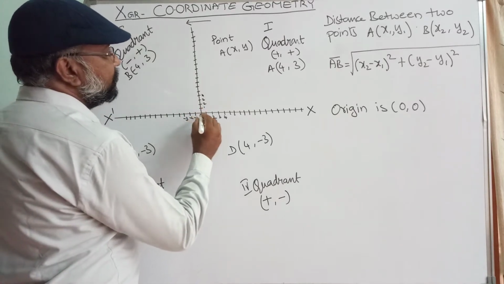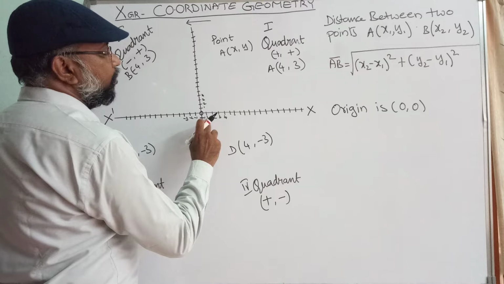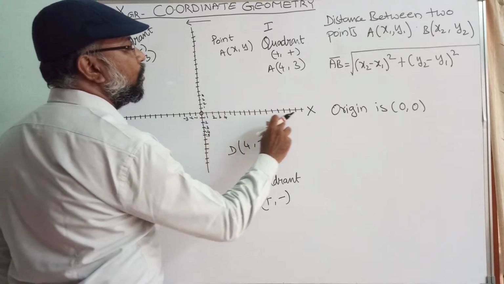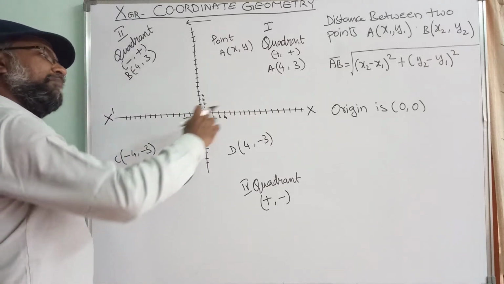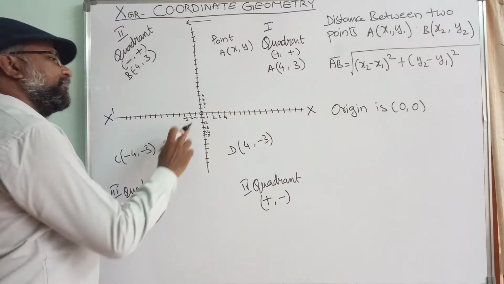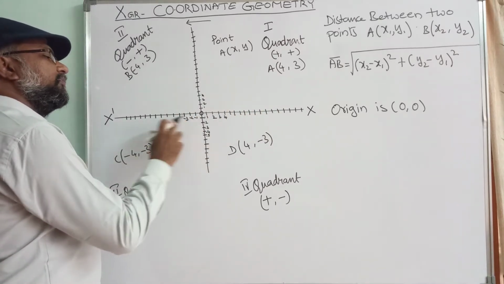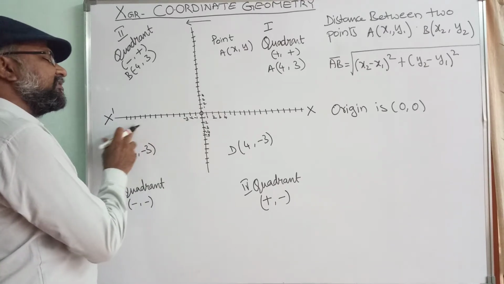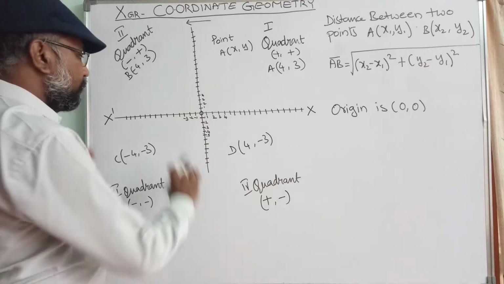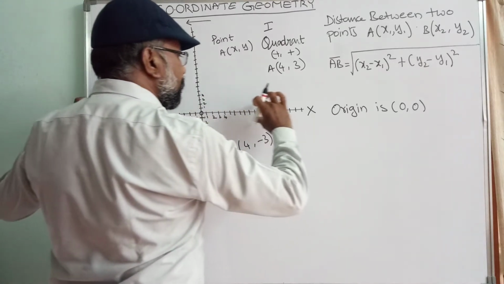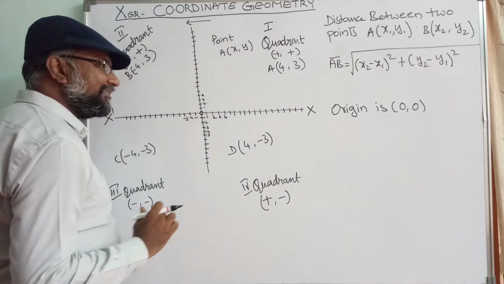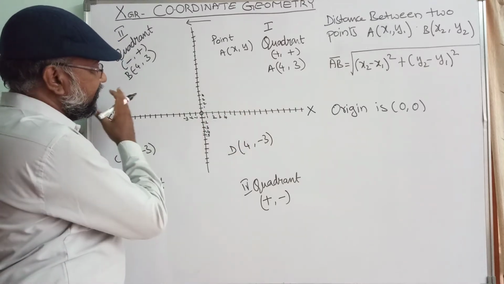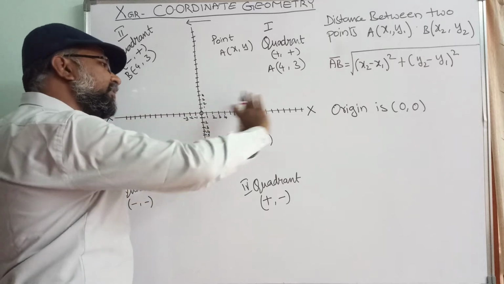Here 0 starts and positive 1, positive 2, plus 3, plus 4 and so on, and the number line will continue like that. And on the other side, -1, -2, -3, -4, decreasing like this. So this horizontal line is the x-axis, whether it is the positive or negative side, but we will call it the